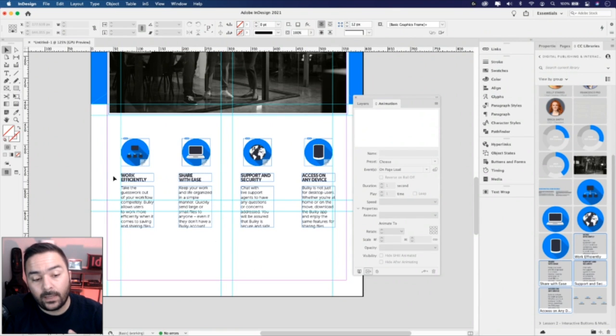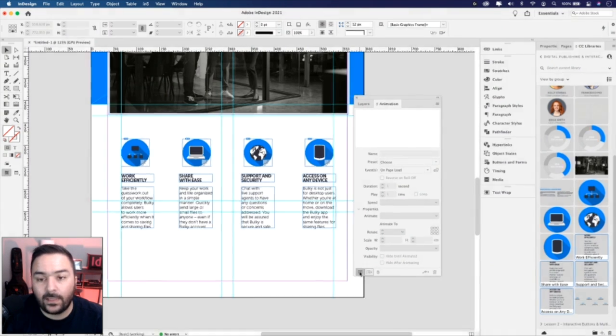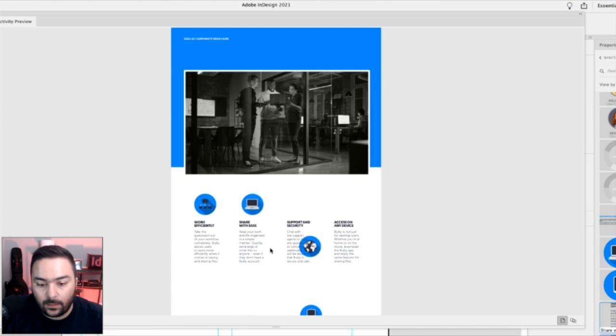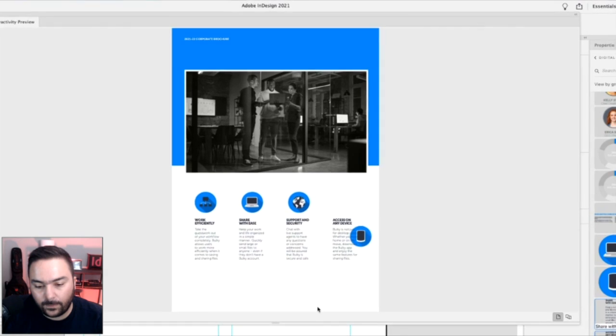So what we want is to have all 4 of these icons to come in, and then these will come in separately on a fade in. So let's see how the icons look first. I'm going to click on the EPUB preview window, and you can see they bounce off and then go to their current appearance. But you did notice, if I play that again, do you see at the bottom they're still appearing?